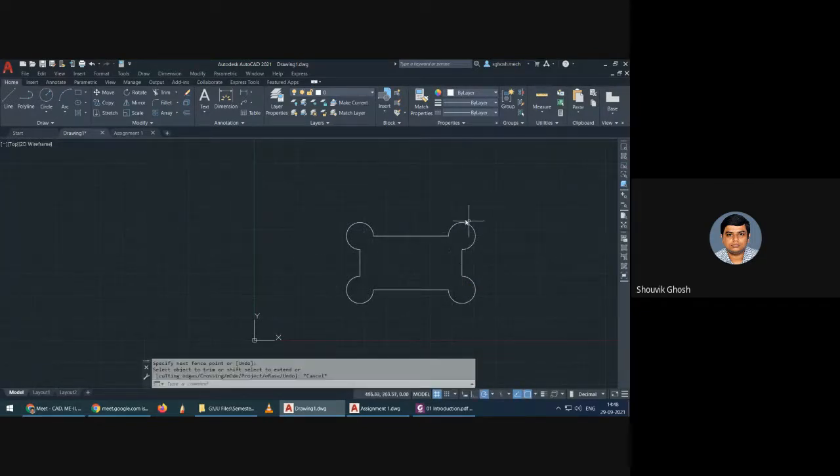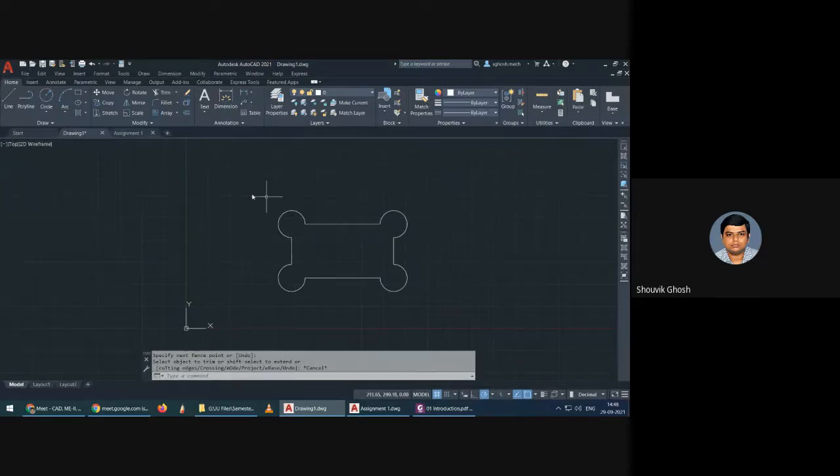Okay. So now I want to increase the scale factor for the whole thing.